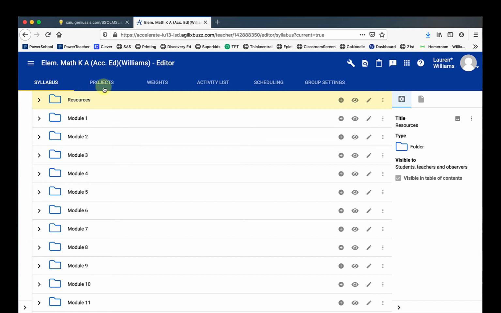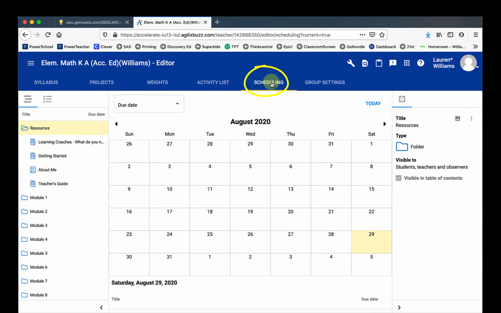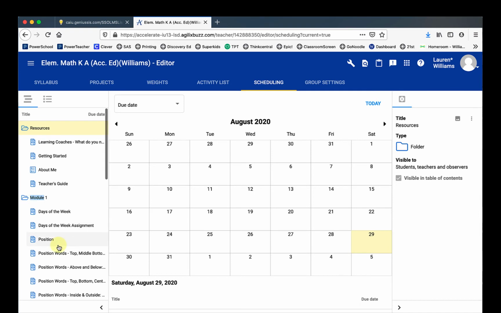Up at the top, if you go over to scheduling, if you click on scheduling, it's going to show you the schedule for this particular course. So right now I'm in elementary math module and the first module, which is A. So I'm editing just that course. So I can go on now, and if I want to open up module 1, I can see all of